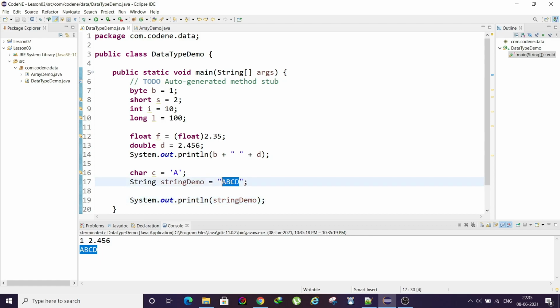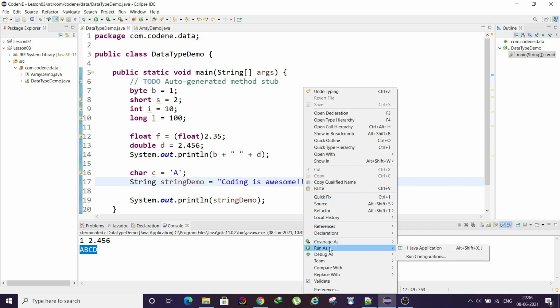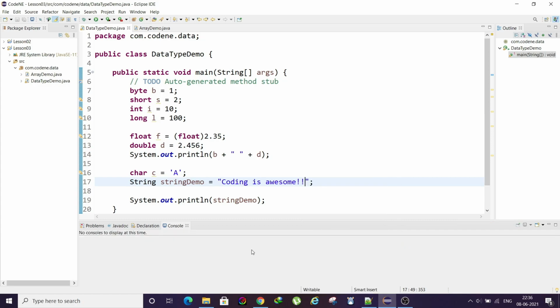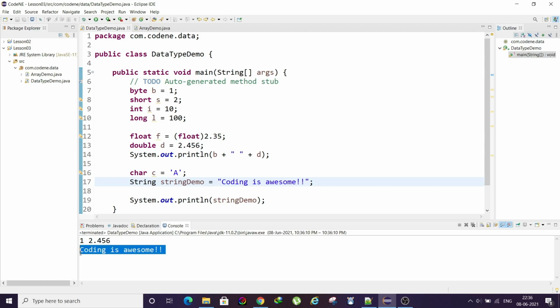We can also write it like this: coding is awesome. If we write like this, even this will be printed easily. This is the string demo variable. Hope you understood the basics of data types, variables and string.